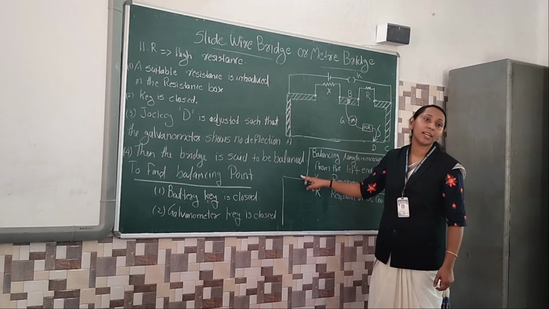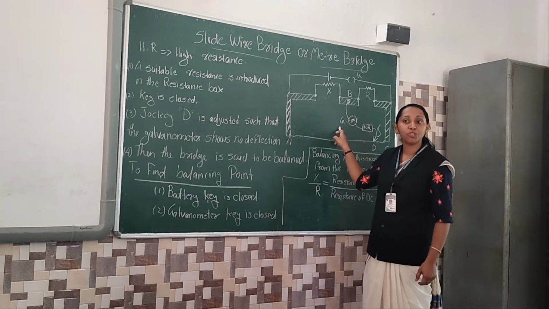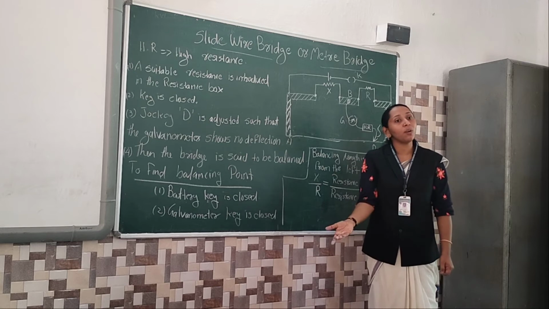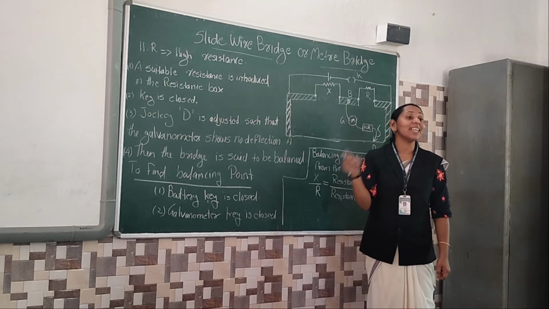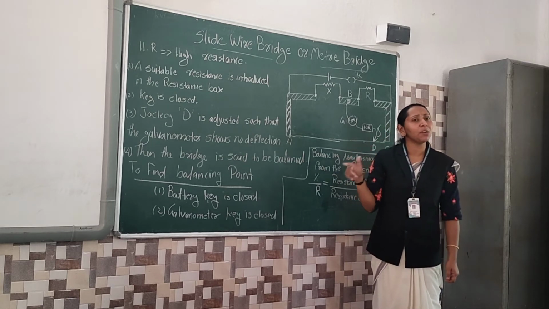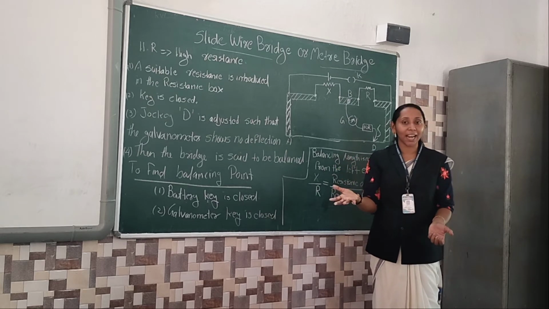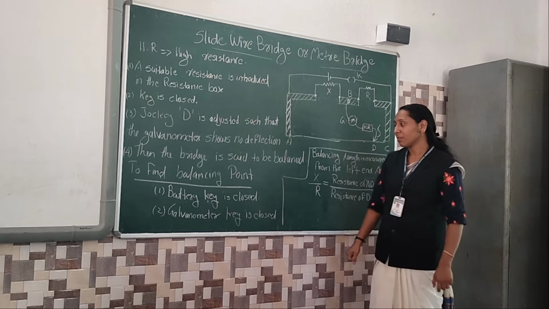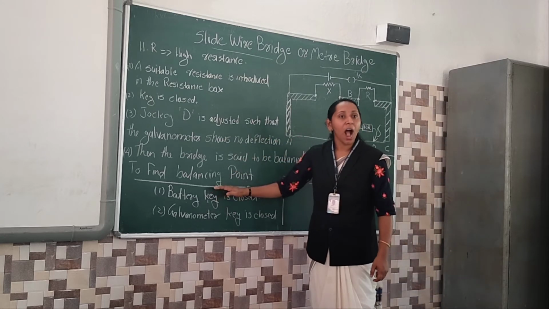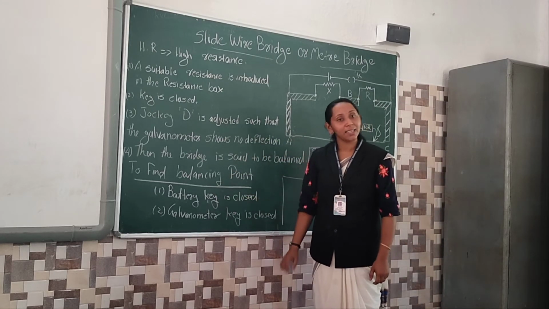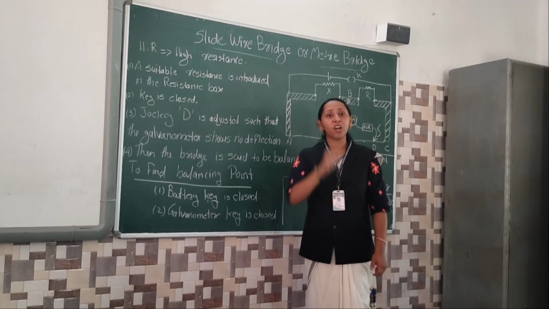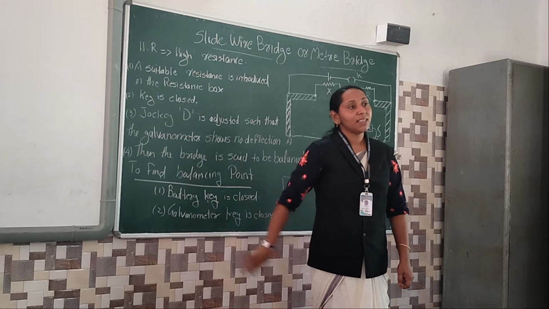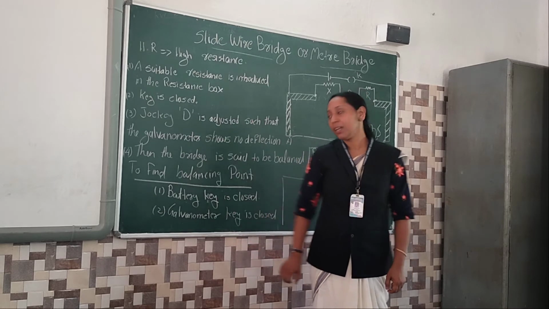Okay. The next one is, then the bridge is said to be balanced when the galvanometer shows 0 deflection. What is the meaning? The galvanometer is 0, so IG current is 0. Clear everyone? What is the meaning of IG current? We will call it the bridge current. At that particular point the current is 0. Then next step, how to find the balancing point? How do we catch it? In the Wheatstone bridge how was it? P by Q equal to R by S. This is not like that. This is another expression like that.